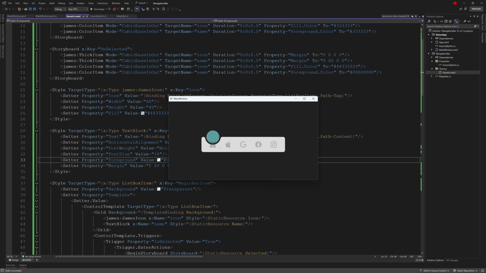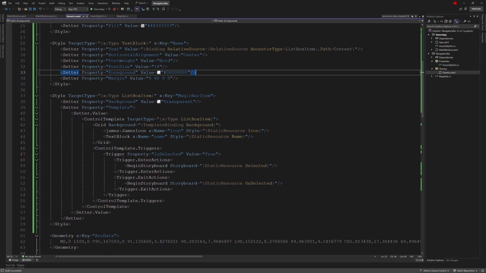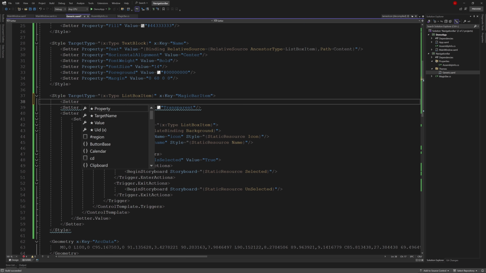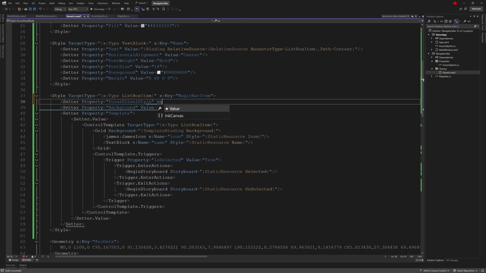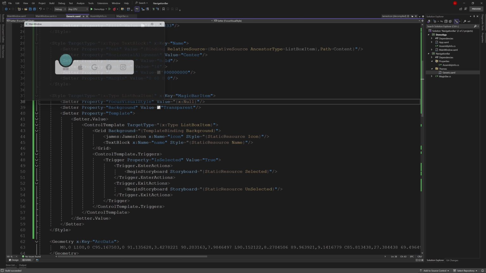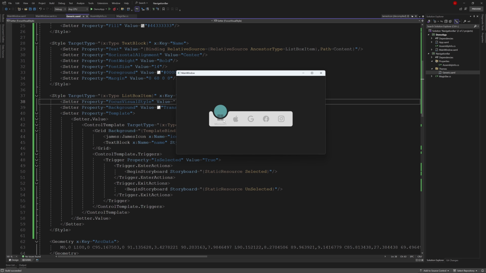This completes all the animation for these two parts. When the icon goes up, the text appears. When the icon comes down, the text disappears, along with the color change. But there's a small issue when using the keyboard left and right keys to control. A dotted line box appears. But we can deal with that. We go to Magic Bar item and add an attribute called FocusVisualStyle. Set it to Null. Let's check it out. And now it's gone, right?